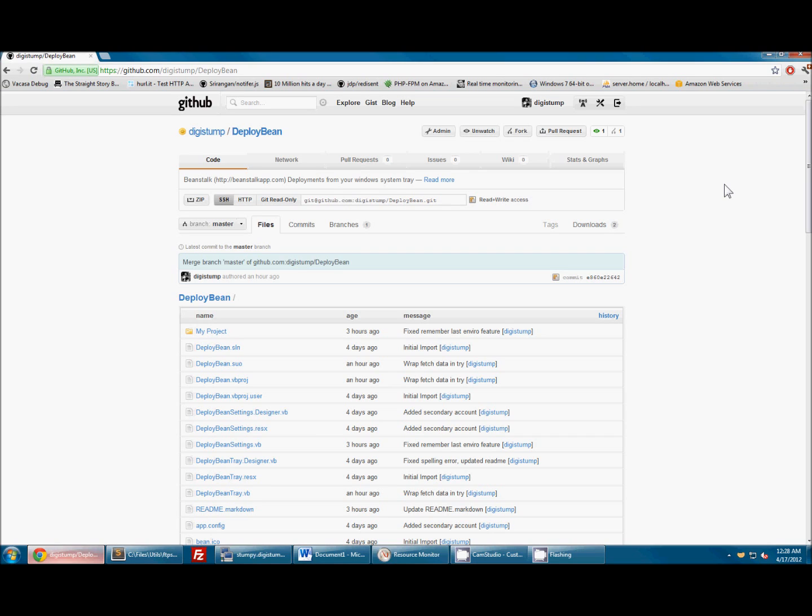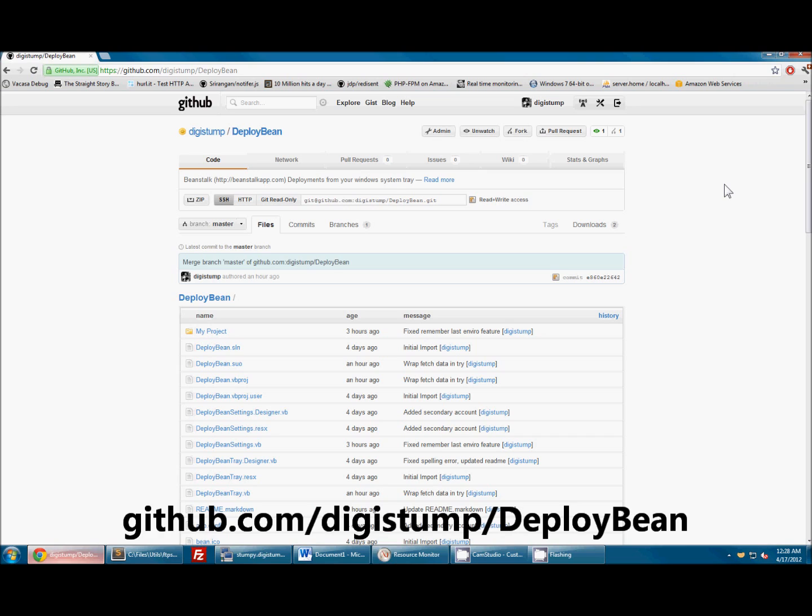DeployBean is an application to allow you to initiate Beanstalk deployments from your Windows system tray. Similar to Magic Bean, which is available for OS X, DeployBean is open source. It's written in VB.NET, and you can get the binaries and the source from